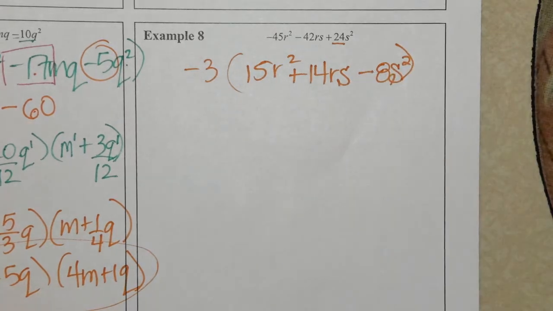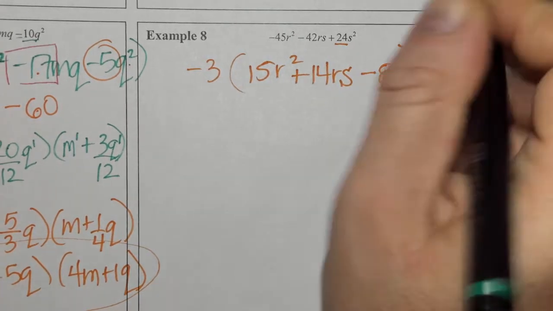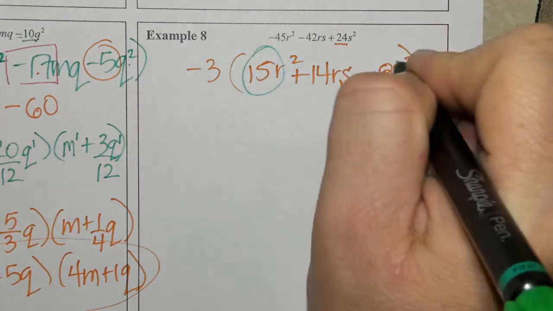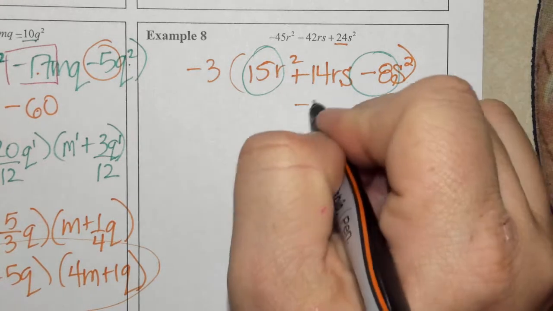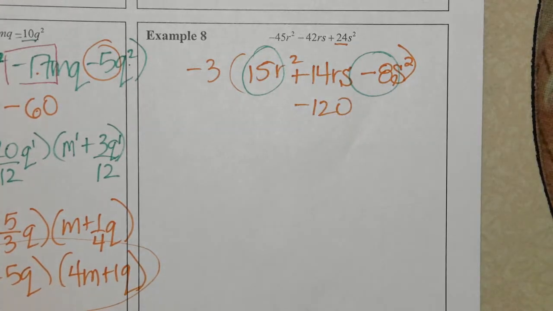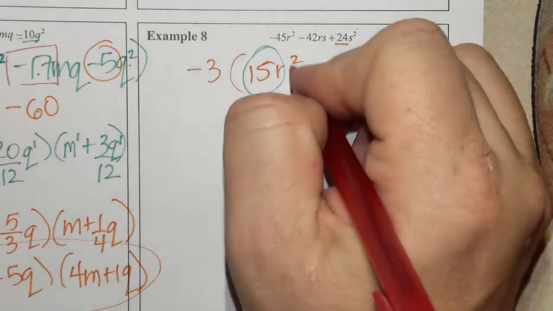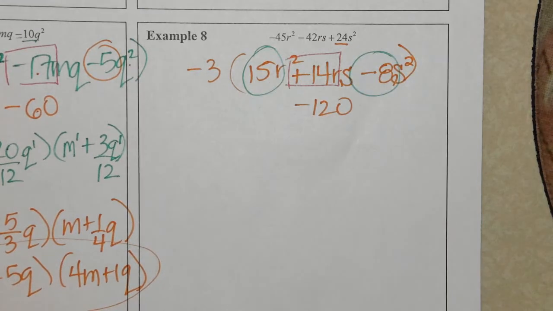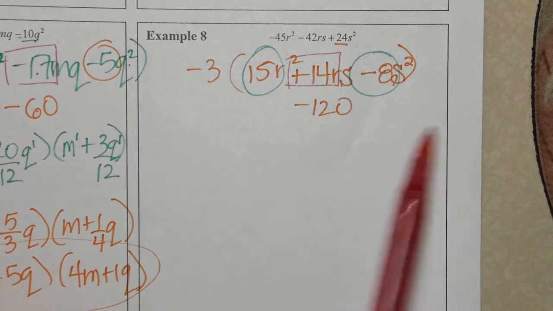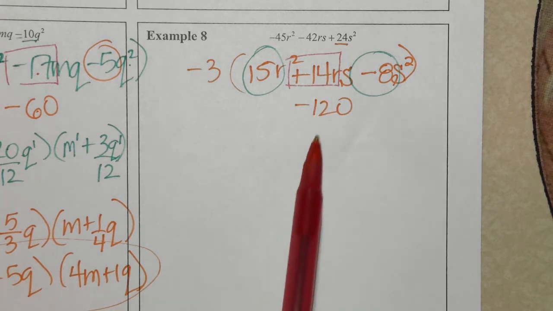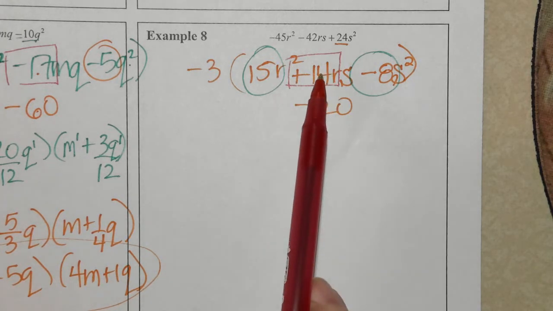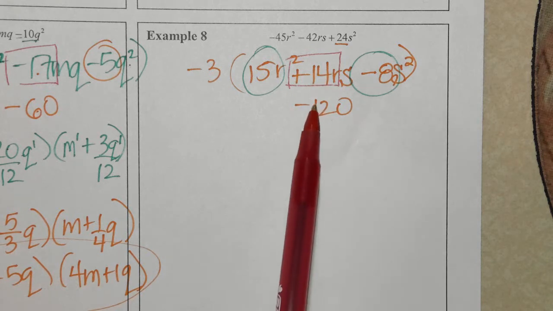And this problem works just like example number 7. 15 times negative 8 is negative 120. Thinking of two numbers that multiplied to give you negative 120 combined to give you 14. I'm just going to go one by one. 1 and 120, no, they're not a difference of 14. 2 and 60, no, not a difference of 14. 3 and 40, no. 4 and 30,